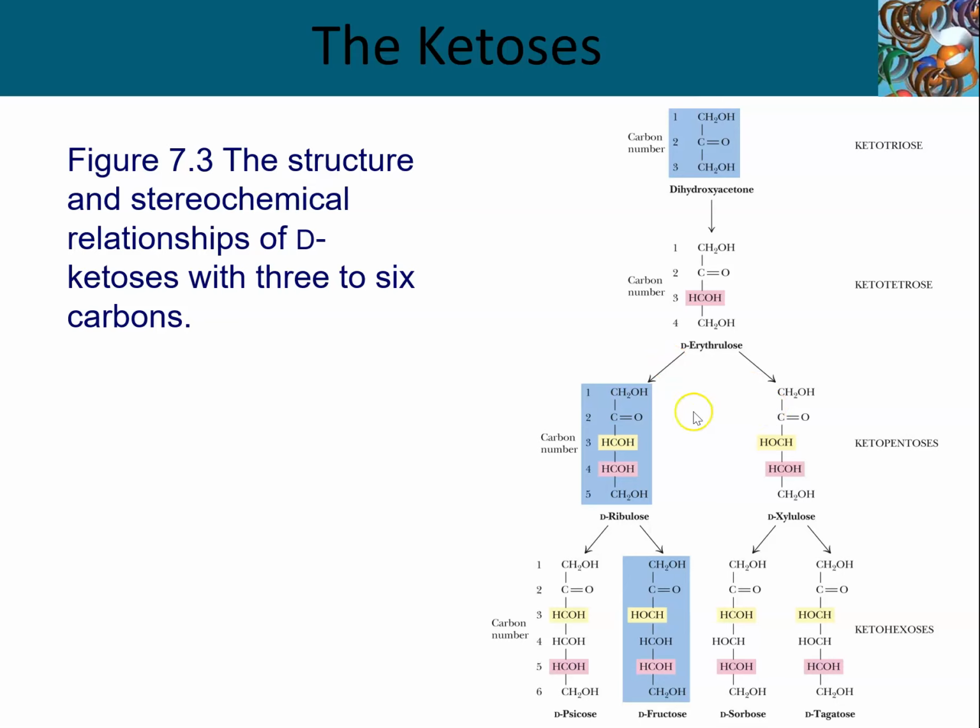So moving on, we're going to do the exact same thing we did previously, where we add new asymmetric carbons, where the hydroxyl group is off to the right here, off to the left here. This would be our ketopentoses, and we'll get our D-ribulose and D-xylulose. And if we do it one more time, we're going to get our fructose down here, and some much more obscure carbohydrates that I'm not going to be quizzing you on because, like I said, these are obscure. So fructose, very important.